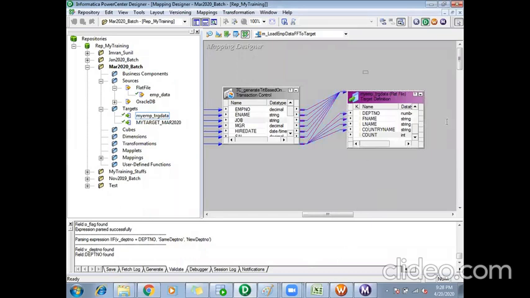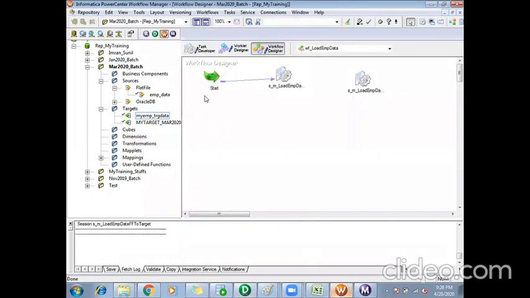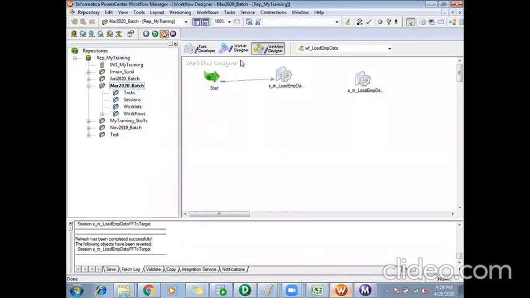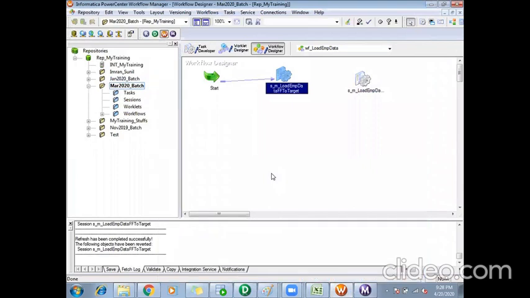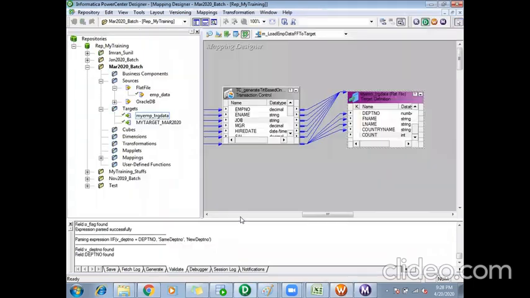For that particular target, I have given the file name. Since it is generating the targets dynamically, I have to pass the file names for those files dynamically too.